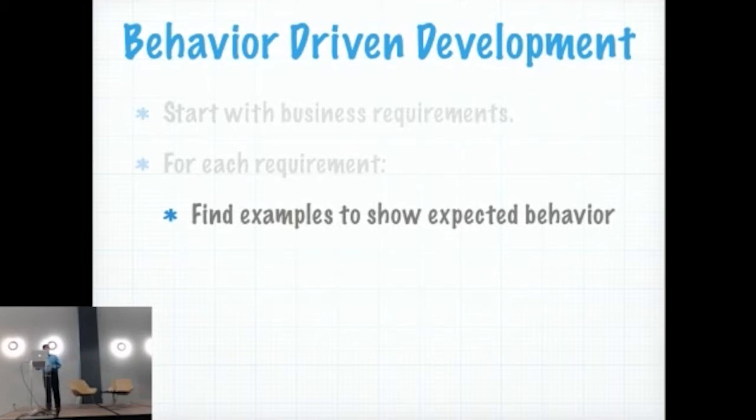It may go so far as to say, display this particular message or not, right? But don't get into the details of implementation, right? So for example, if you're working on something like an ATM, right, and the business requirement is the user has to identify themselves, right? Don't have the requirement say they have to punch in their PIN and push the enter